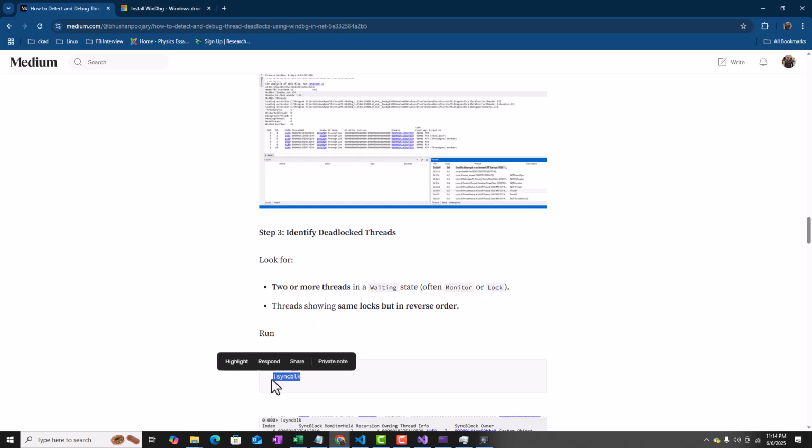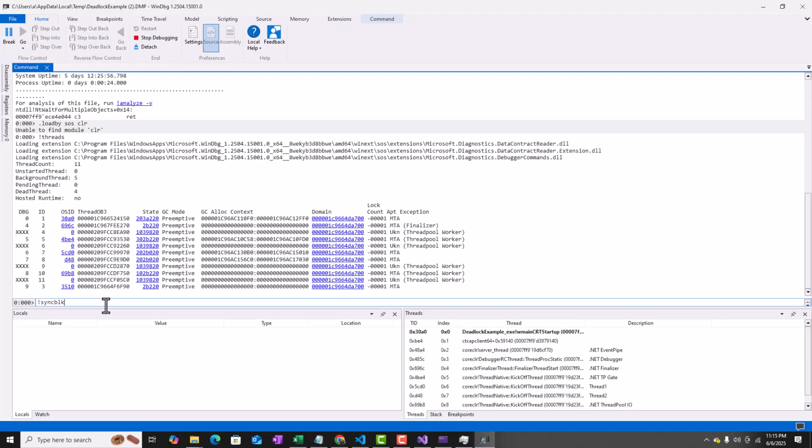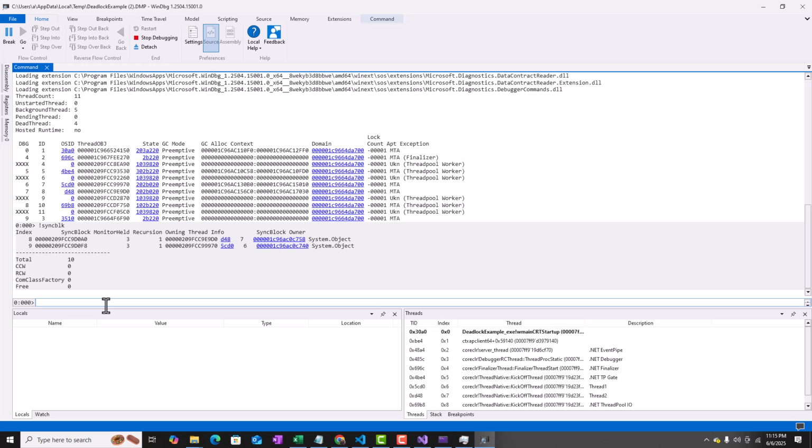To identify the locks, we need to run !syncblk. Here are the two threads, basically the owner of the thread, the owning thread D48 and 5C80, and these two threads are basically waiting for each other. These are in monitor held sync block. This is the output. So now we have identified the threads which are creating the issue, but we don't know